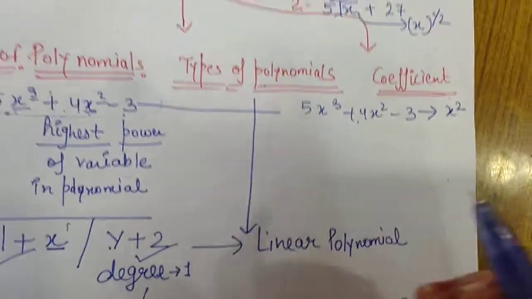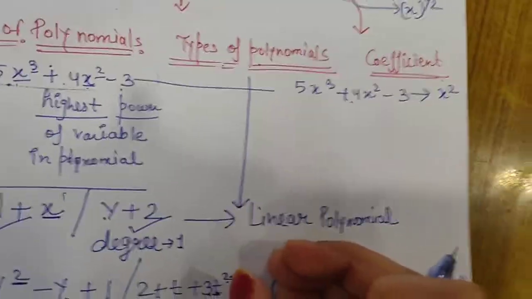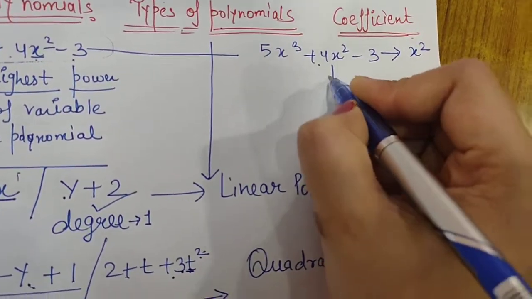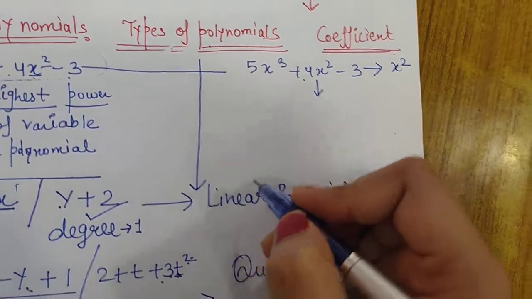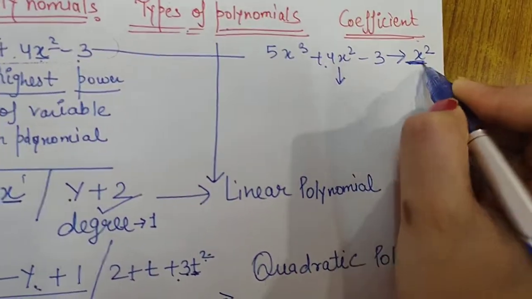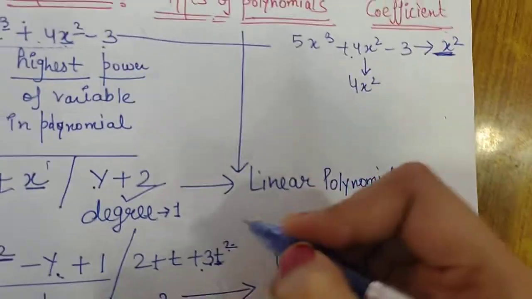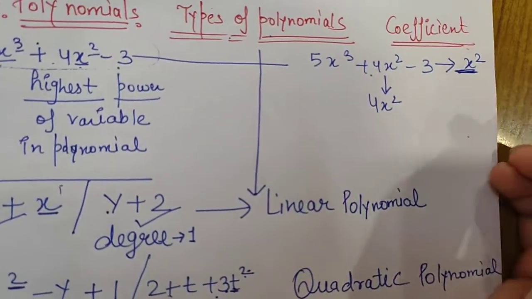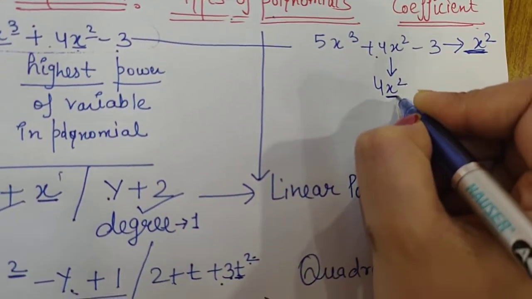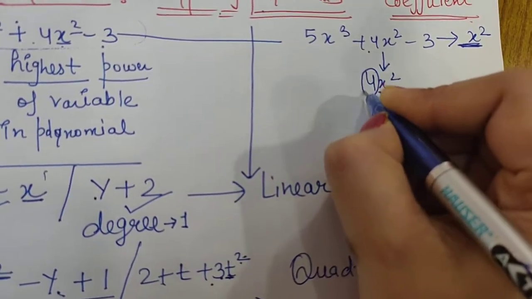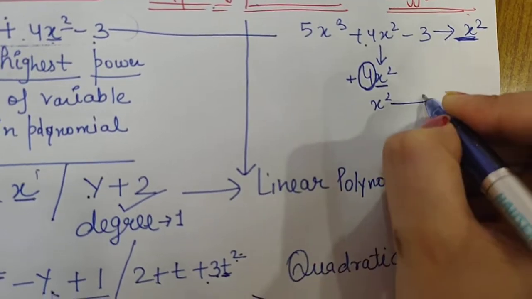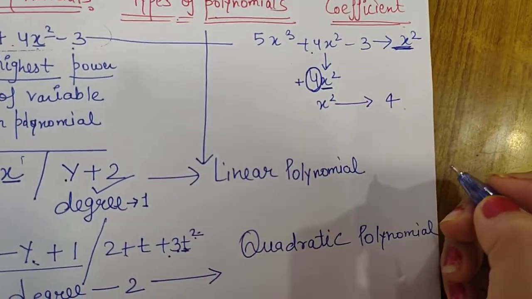So we will take out the term from the polynomial whose coefficient the question is asking. The question is asking the coefficient of x square. So first you take out this term from the polynomial for x square. Now coefficient means the multiple, which is there with the x square. So what is there with x square in this term? Plus 4. So what is the coefficient of x square? 4. We will not write plus here.